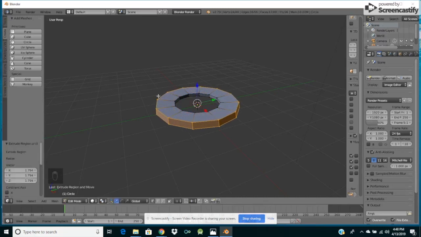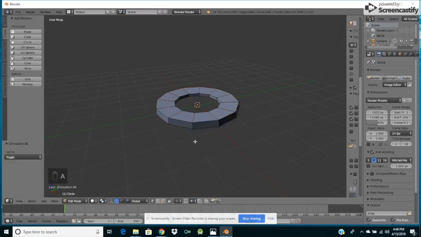Now I will get up to this mark. Now I will deselect the whole by pressing A, and by selecting this limit selection to visible,